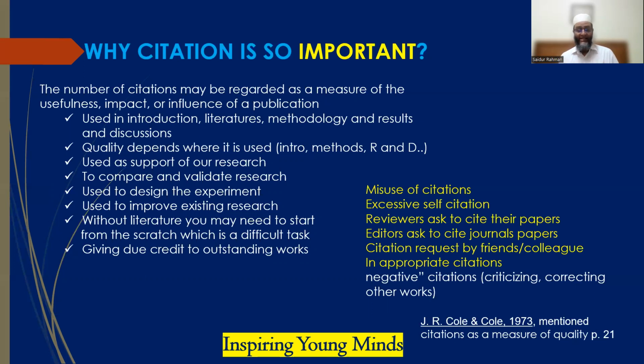But now there is also a way that self-citation can be deducted, like in Scopus and Web of Science. Particularly in Scopus, you can remove your self-citation and then see. These are also not good things. For example, you are going for an interview and promotion, and the committee members, panel members, or maybe an administrative officer have already checked and verified that your self-citation is 50%. So this will be one of the drawbacks and challenges. Researchers also need to be careful with this unprofessional, unethical misuse of citations.